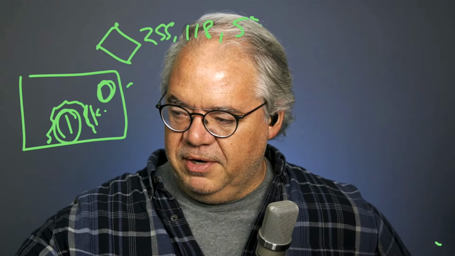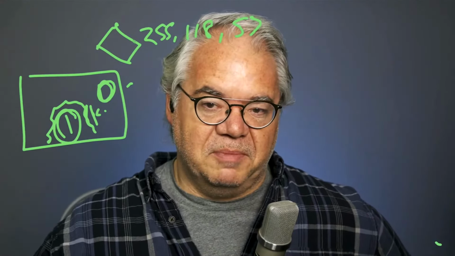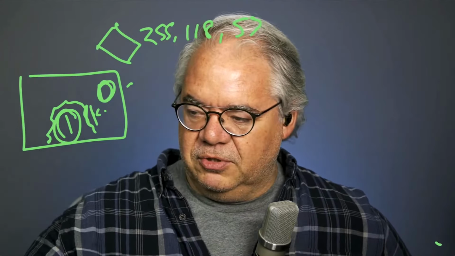You don't want to think about an image as an image. You want to think of every pixel as a value. Every pixel is a value in RGB, so it might be 255, 118, 53 for that pixel. That's all you want to think about: every pixel is its own math, and this is what we call pixel math, as opposed to a convolution kernel.